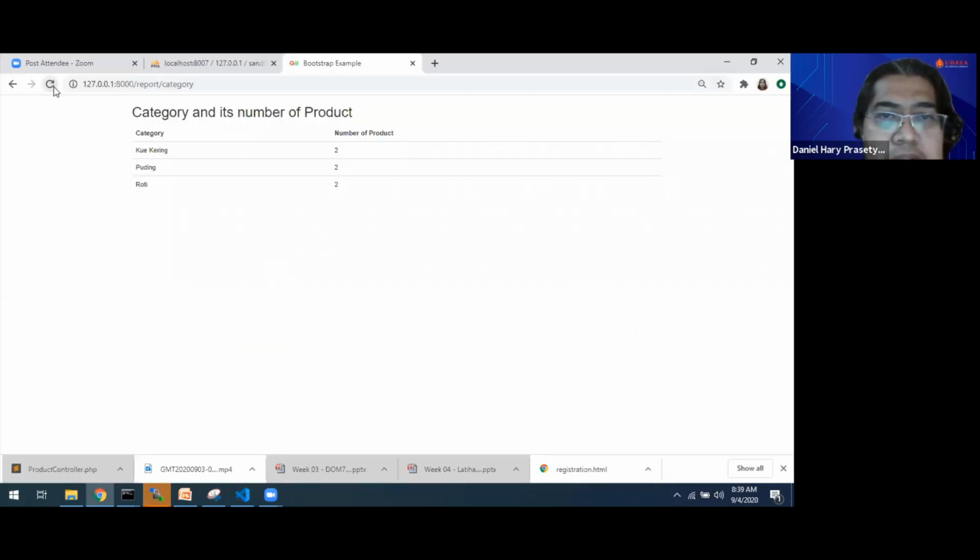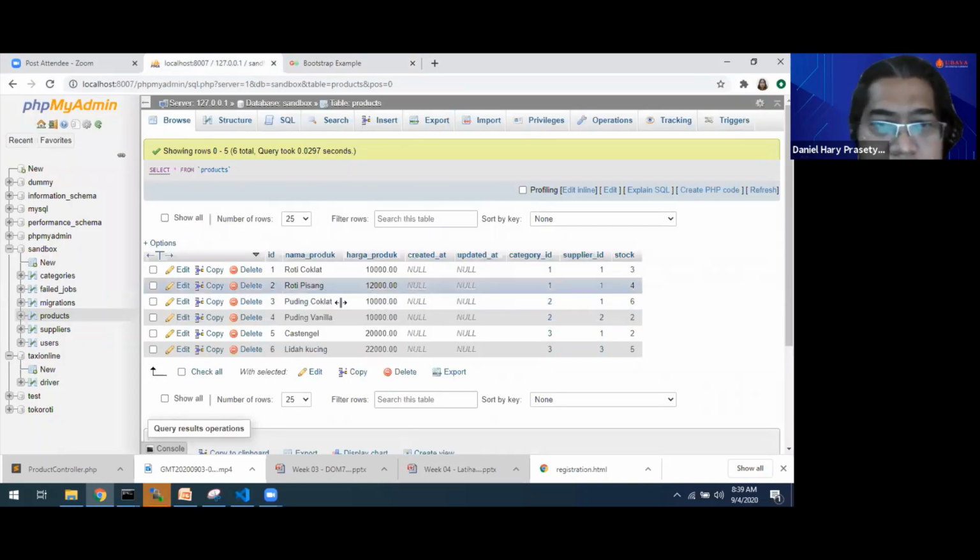Let's check the result. This one, total product stock. Kue kering category has 7 stock. Pudding 8 stock. Roti also 7. Okay, we will check. This one should be pudding.